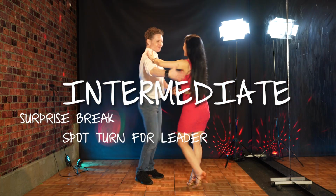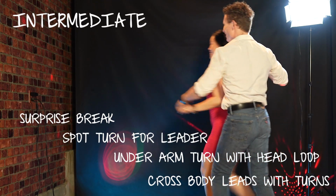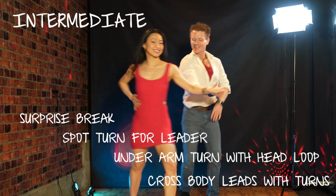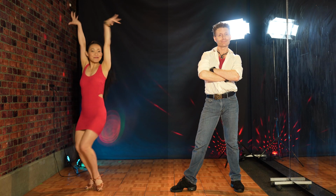Now that you've learned the beginner version, it's time to level up. Intermediate version will be surprise break. Leader will do a spot turn, then the follower does an arm turn with a head loop. We have a crossbody lead with a spin, leader turns, and the follower does another crossbody lead with a free spin. Instead of a basic, we're going to do a